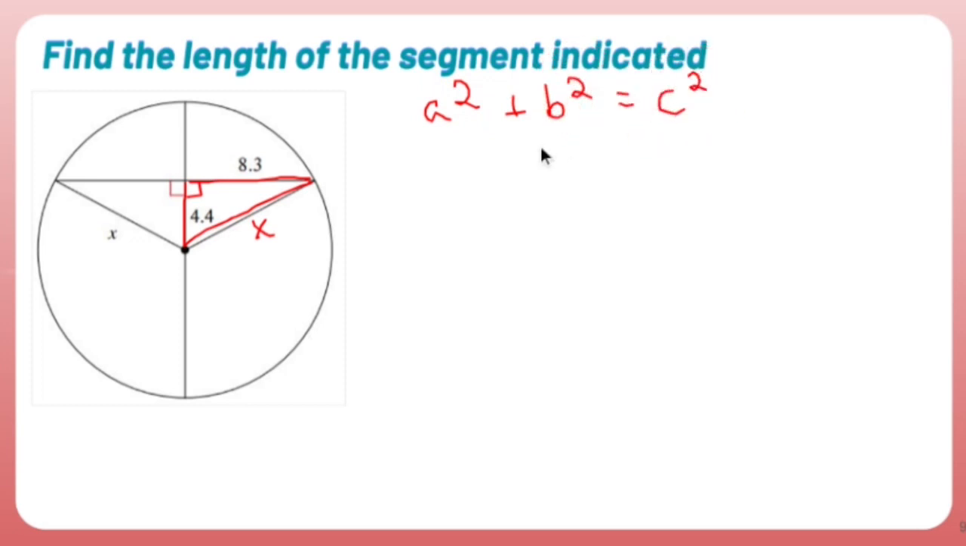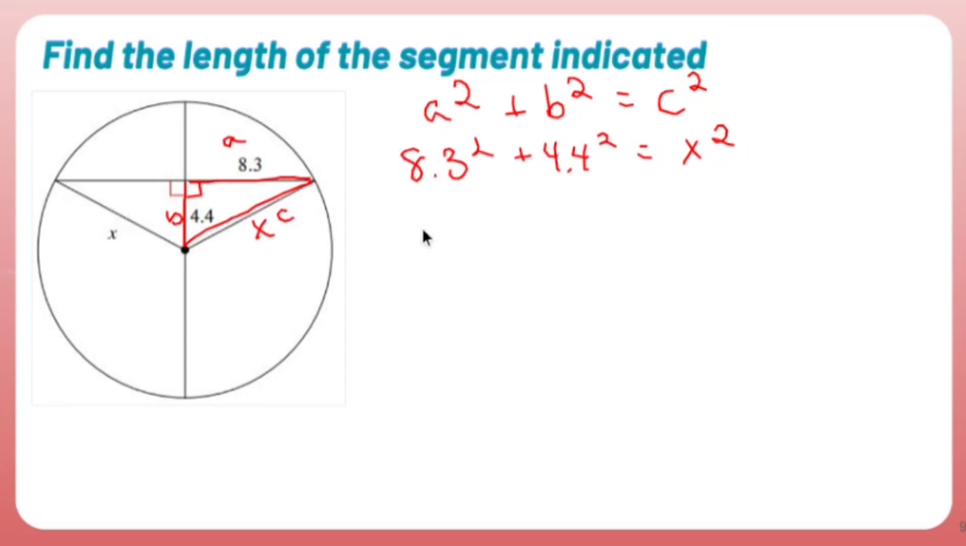So here's Pythagorean theorem. I can call you C, and it doesn't matter which one's A or B as long as the longest side is C. So I have 8.3 squared plus 4.4 squared is going to equal X squared. Now let's do a little bit of math. 8.3 squared